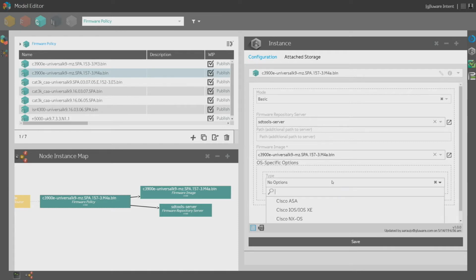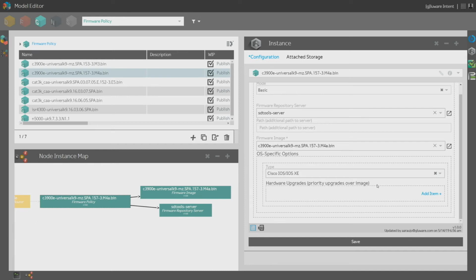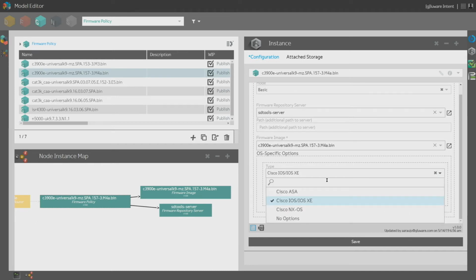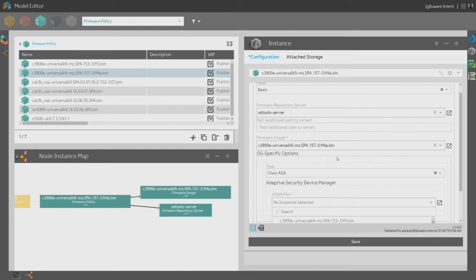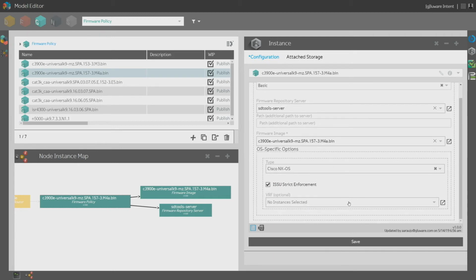You have the options for what you're upgrading, so if you want to do a ROMmon upgrade, there is also support to specify your ROMmon files, right? If you're doing an ASA upgrade, you can specify your ASDM files. You also can do an XOS upgrade, which is currently supported, in which case you have to provide your management interface in order for the management interface to talk to the file server. So in this case here,